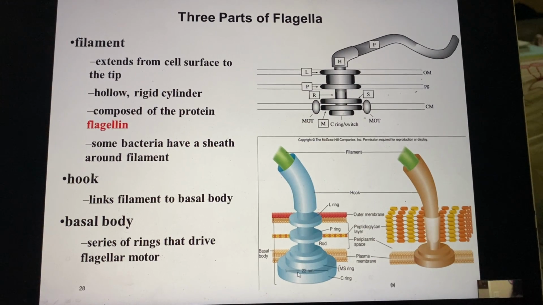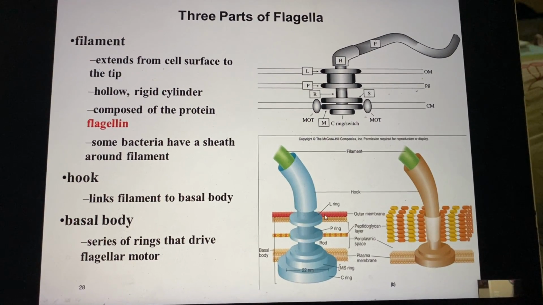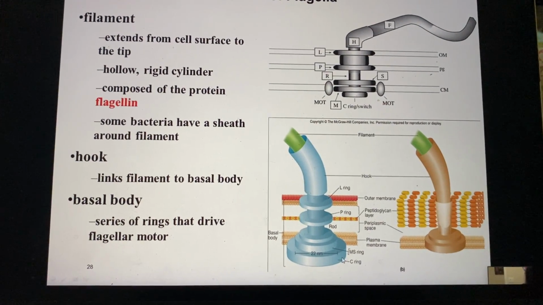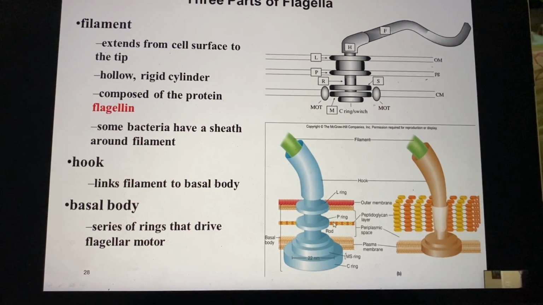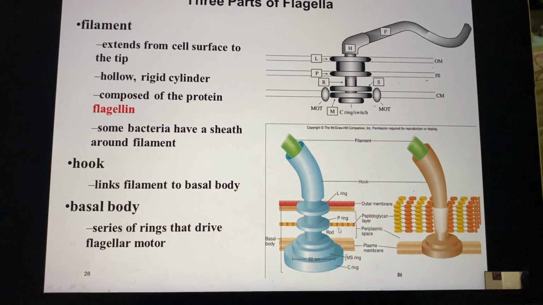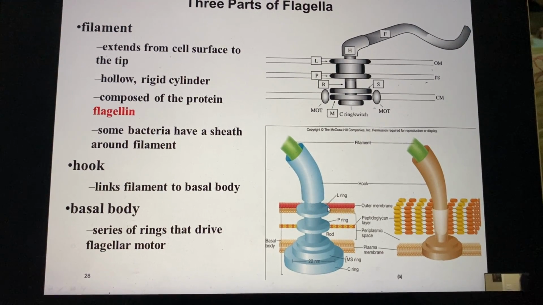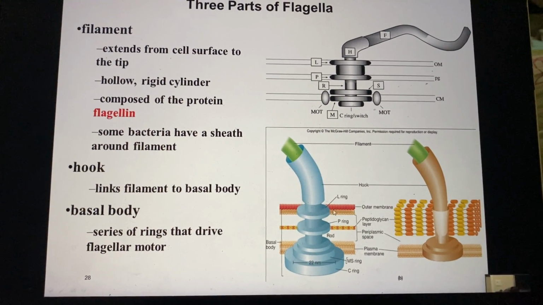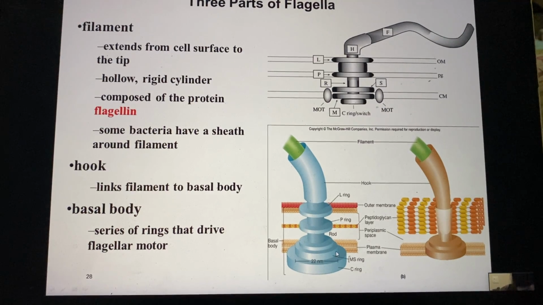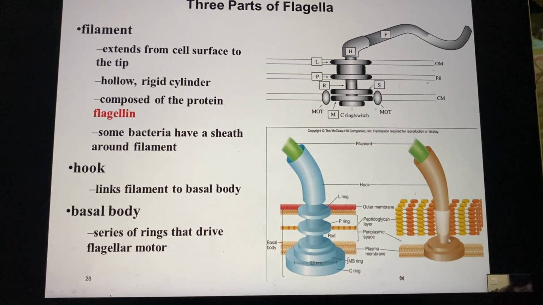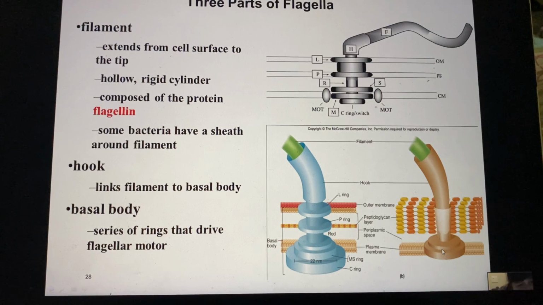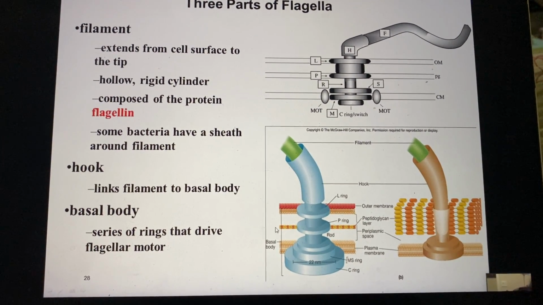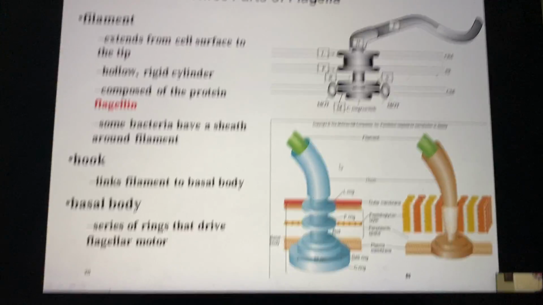So if you look at the gram-negative basal body of the flagellum, you will see the C ring, which is the cytoplasmic part of the ring, the MS ring, the P ring, and the L ring. So those are at least 4 different ring structures that touch upon different layers of the cell wall structure of the gram-negative, whilst the basal body is much simpler, with only a couple of these rings in your gram-positive.